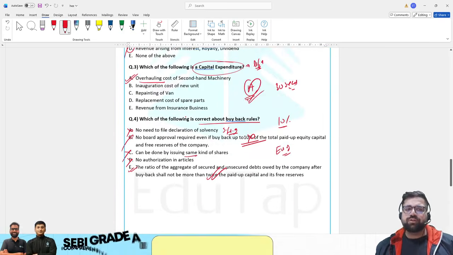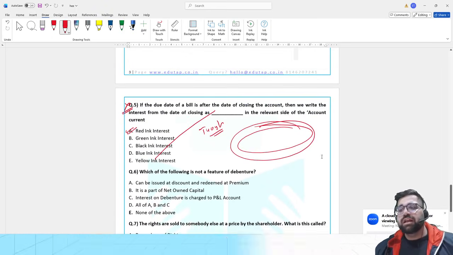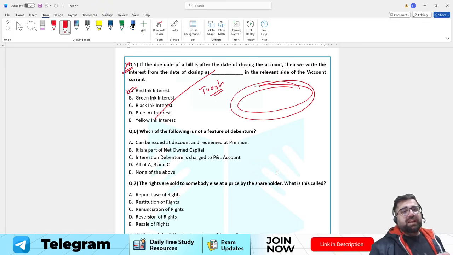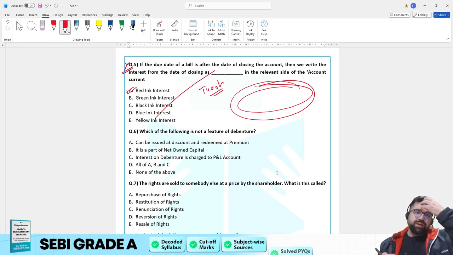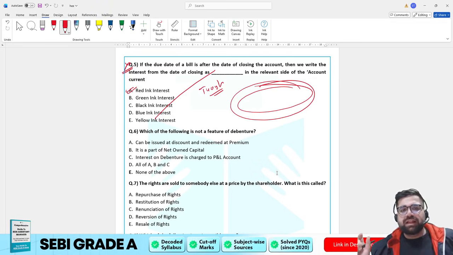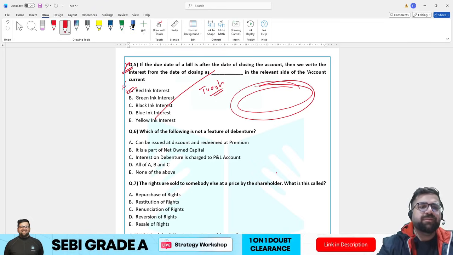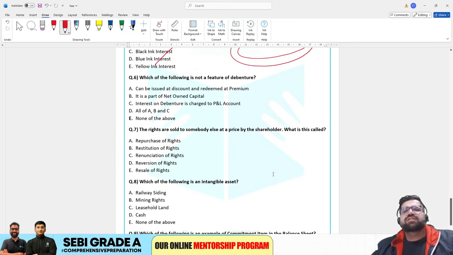You see the level of 1 to 4. That is totally doable. And if you leave this question right now, that will help you to score good in the other questions because you will be saving your time. The correct answer will be red ink interest. Now to explain red ink interest, you first have to understand the concepts of bill of exchange. Right now you can just remember that if the due date of a bill is after the closing date of account, the interest will be shown under red ink interest. Okay, now do not try to go that much deep. This chapter is not that important. So one question can be asked, like a once in a blue moon kind of stuff.